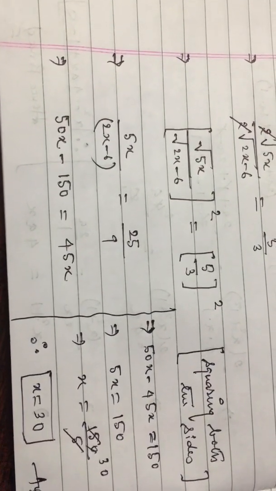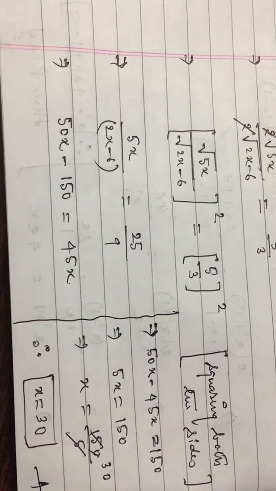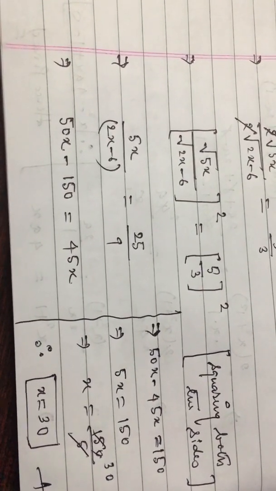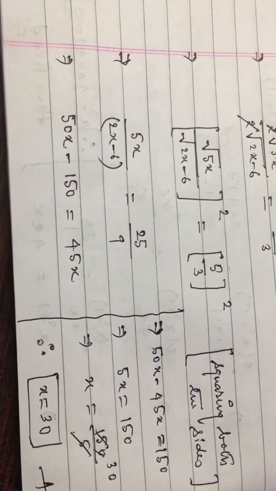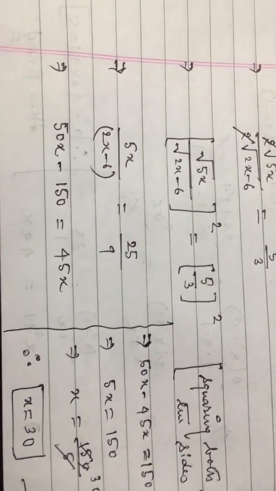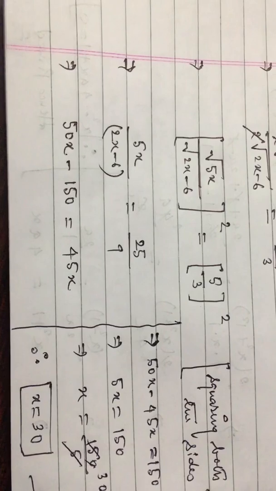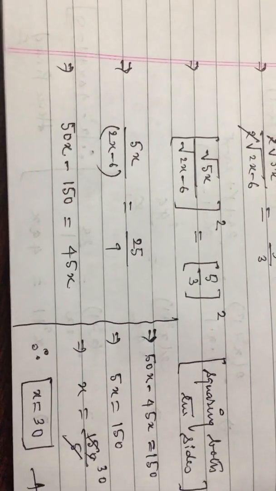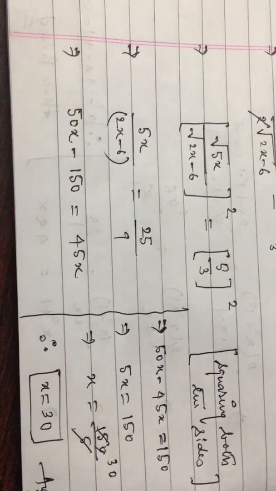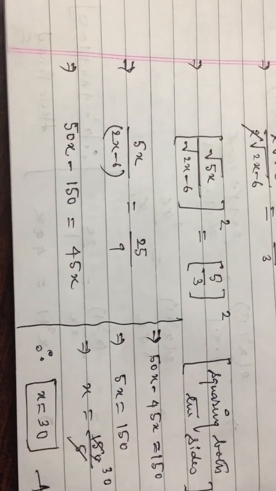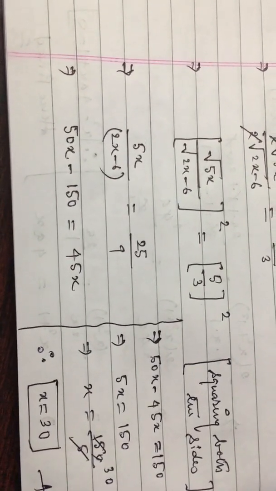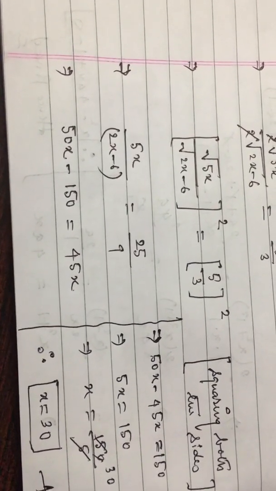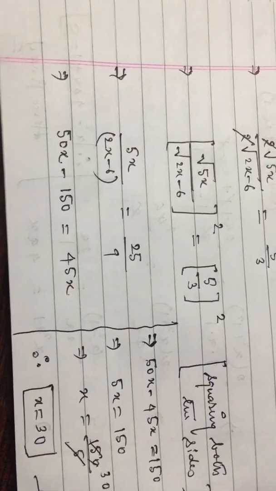I think the last 10 years of questions, it means from 2011, 12, 13, 14, 15, 16, 17, 18, 19, 20. 18 and 19 I have already solved. So the 8 years of questions, just find them and try to solve them in your copy. And you have to practice that type of questions from the examination point of view. So children, you have to do the exercise, you have to do the questions from the previous years, and